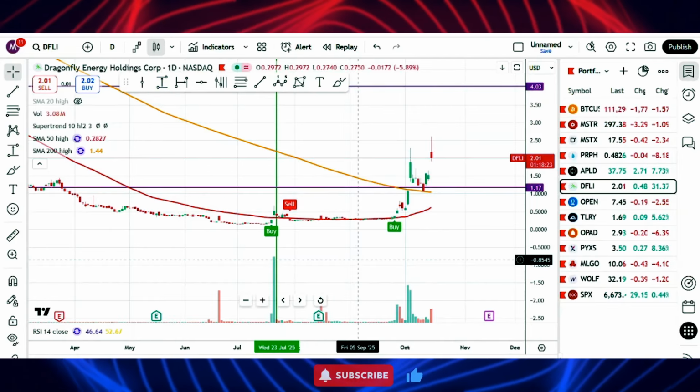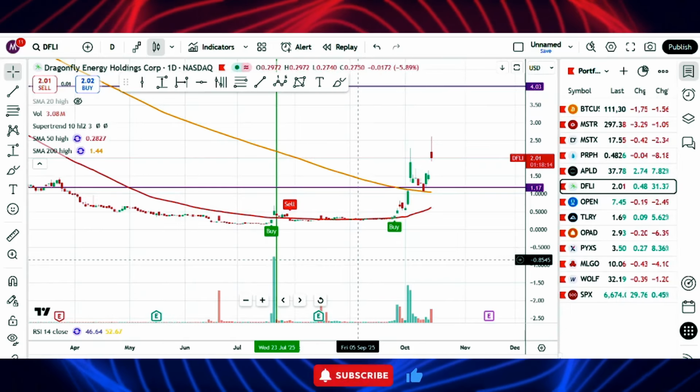But the thing I want to express to you guys is that although I am good at finding really undervalued stocks, I'm not Nostradamus. I don't know exactly when the stock is going to start rallying. I just know that this stock is undervalued. The chart setup looks amazing and that a rally is going to happen sometime soon, but I cannot predict exactly